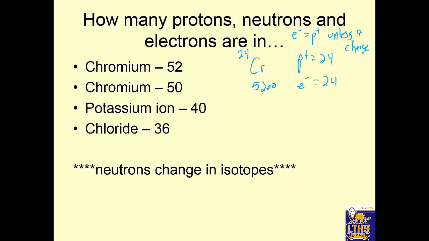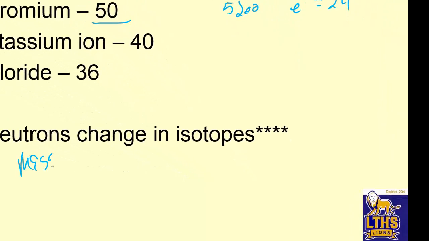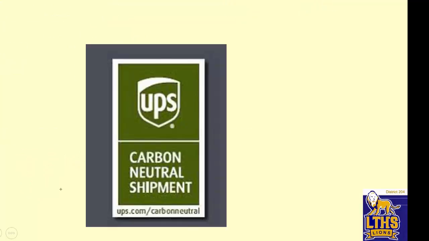And then I have neutrons. This right here is the mass. If I have a word dash something, that's the mass. So this is chromium with a mass of 52. This is chromium with a mass of 50. So they can have different masses. So remember, mass equals protons plus neutrons. So if I have chromium 52, I know its mass is 52 equals